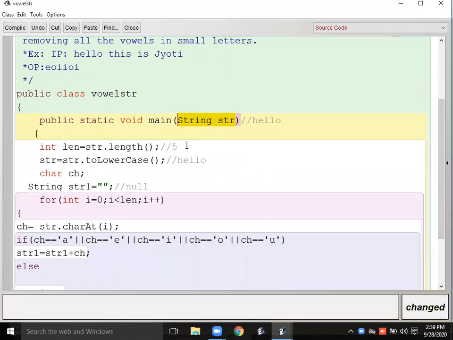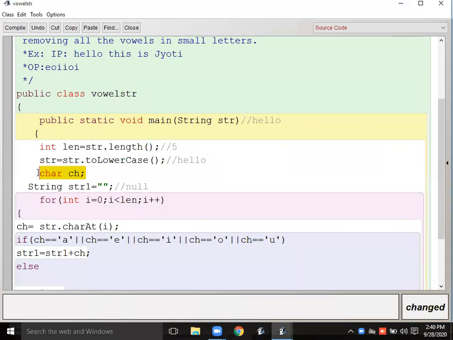Then here I will use the length to calculate the length of the string. Then I'm converting the string to lower case, because I don't want to check all the lower letters and the upper letters as vowels. Then I have taken one ch variable because I have to fetch the character.